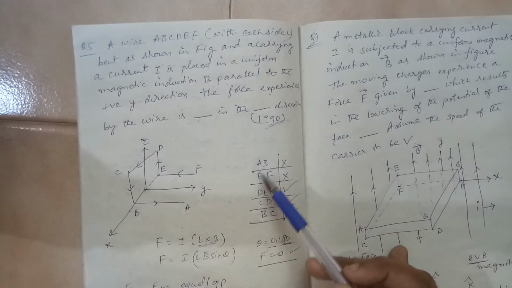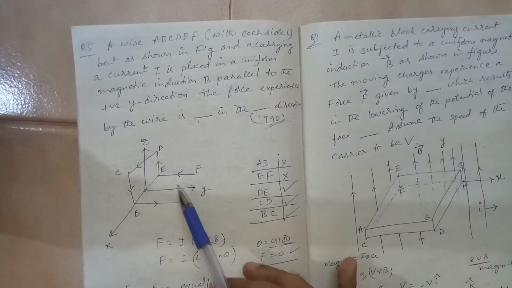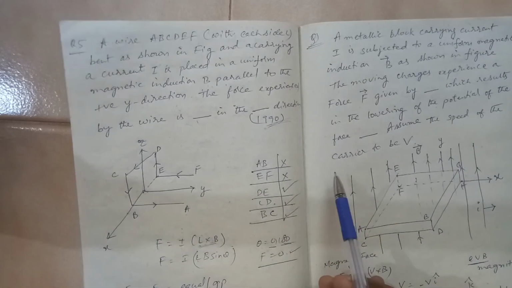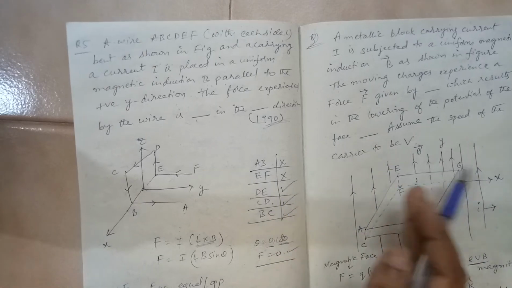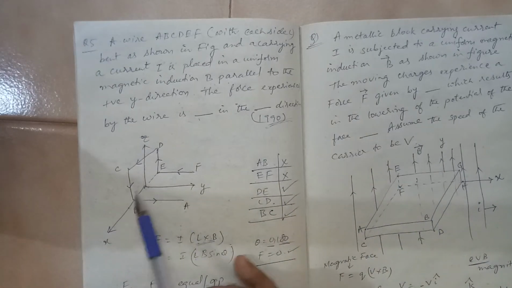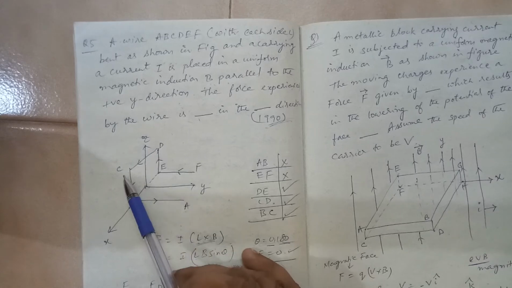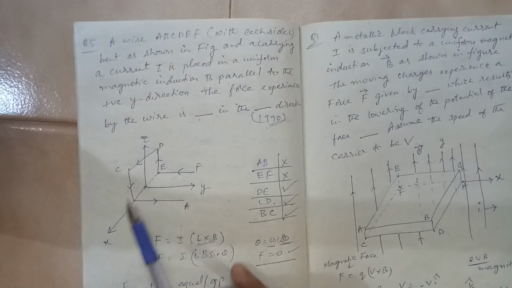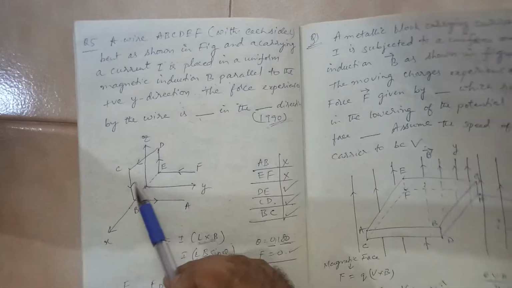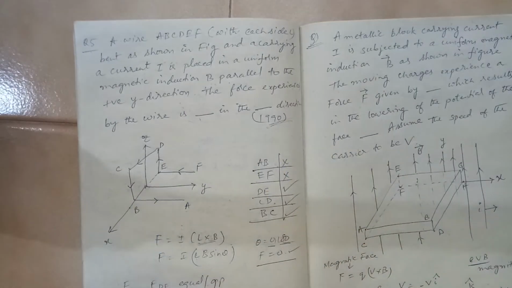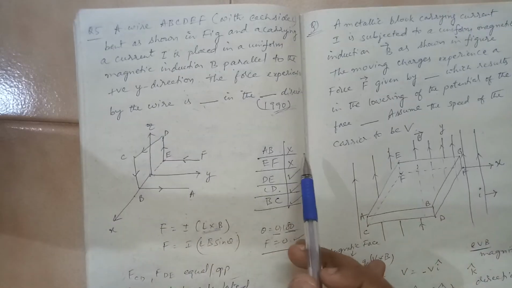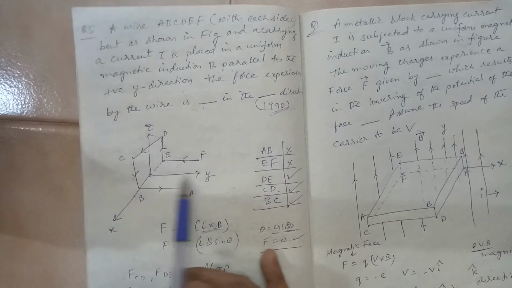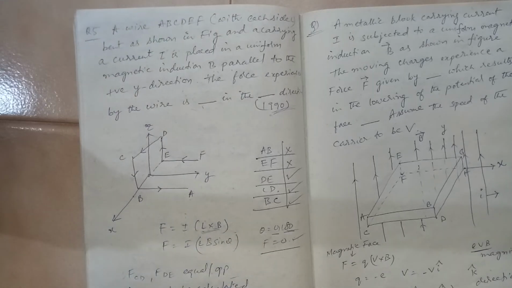So here if you see, I have written all the elements. You see EF and AB will have no contribution. That's why I put a cross. AB no contribution and EF also no contribution. If at all any contribution is there, that is because of ED, DC and BC. But if you observe, all the wires have the same length, right? And the magnetic field is in which direction here? It is in the positive Y direction. That means it is towards the right.